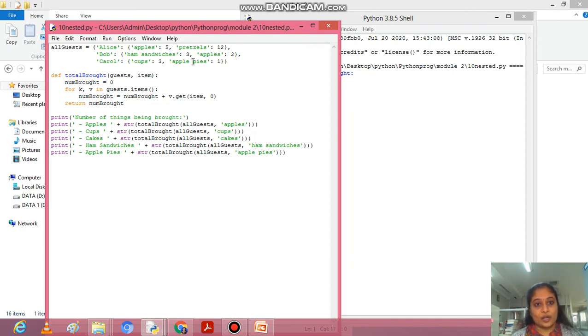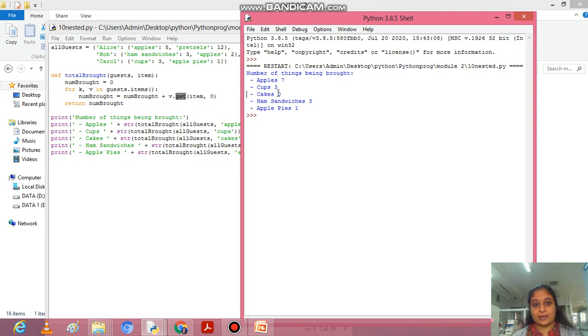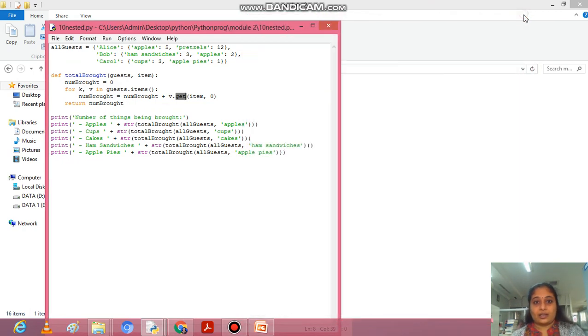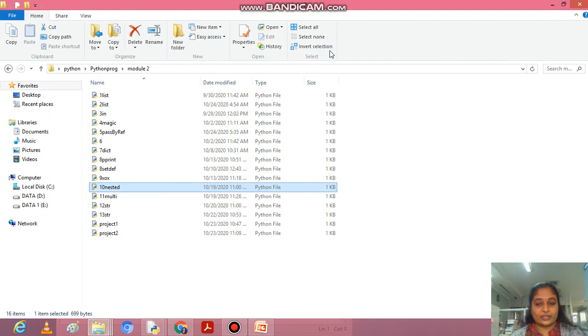If Carol has not brought apples, instead of returning an error, since we are using the get method, it returns 0. So it counts all the apples, cups, cakes, ham sandwiches, apple pies, etc. So this is how nested dictionaries are used in programming. Hope you understood the topic. Thank you.